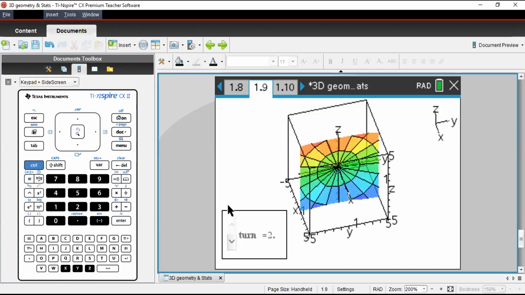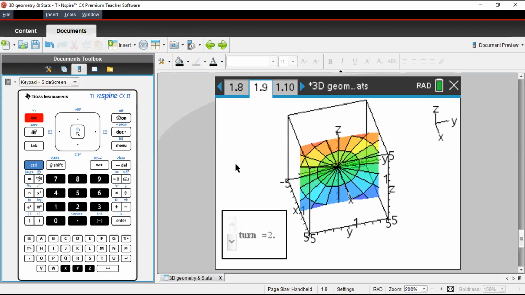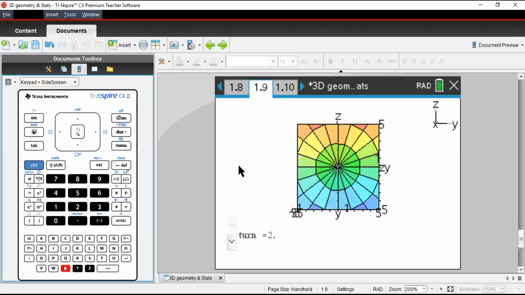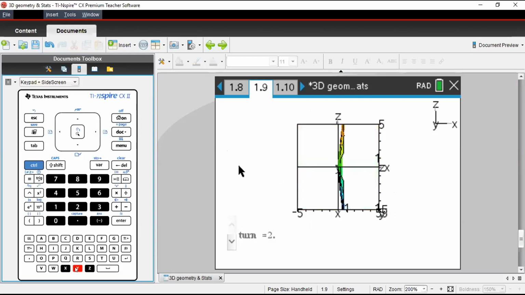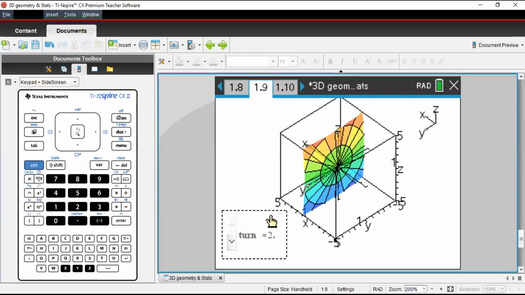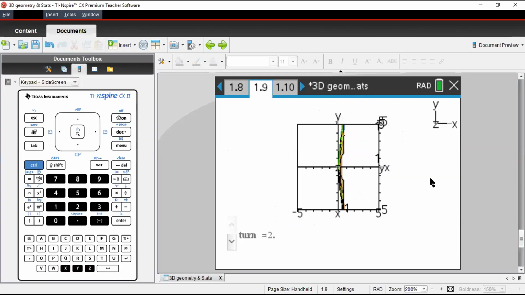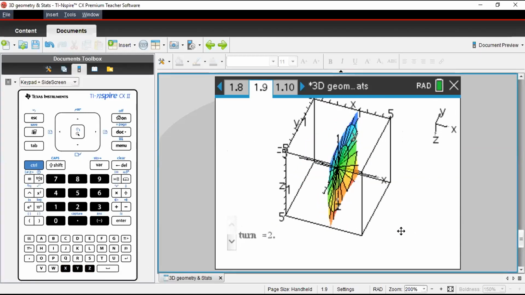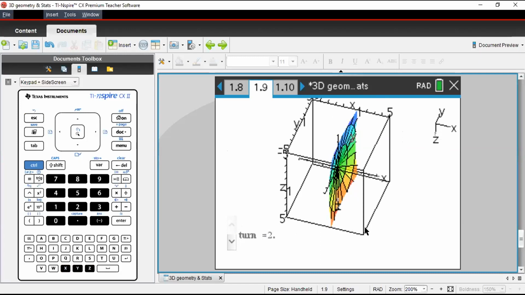Now I can see from the x-axis point of view, from the y-axis point of view, and I can rotate it, and from the z-axis point of view. And you can rotate it anyhow. So this is the usage of the slider. That means you can control your rotation.